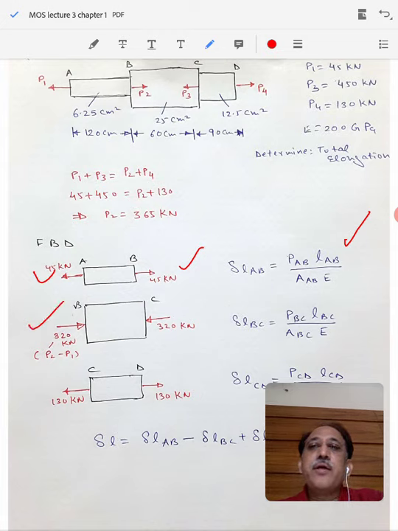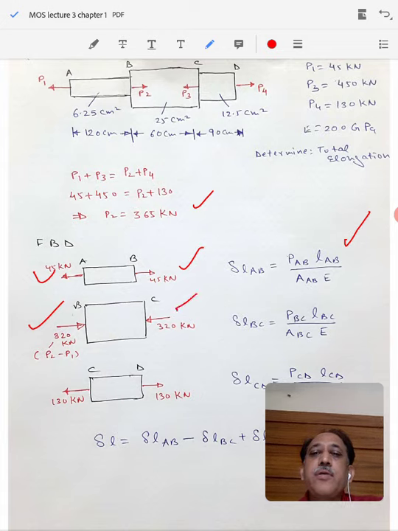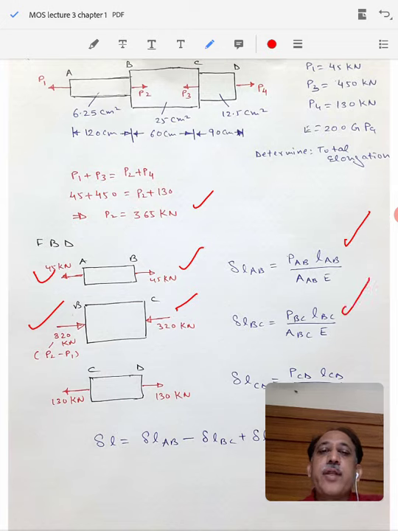As we have done earlier, we see that the net force acting will be P2 minus P1. P2 is the value you have already calculated as 365. P1 is 45, so 365 minus 45 will be a net force of 320 kilonewton. And similarly we can calculate the force on the section C, which will also be 320 kilonewton. So this is a compressive force acting on the section BC, so there will be shortening of the length, so delta LBC will finally be a negative value, where PBC will be 320 into 10 to the power 3.